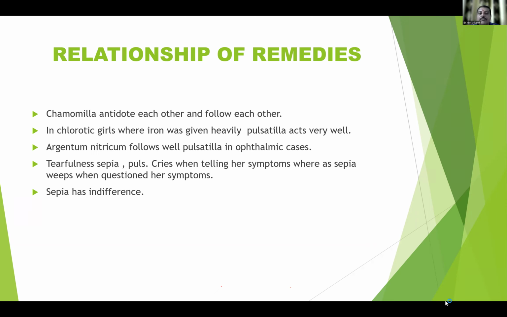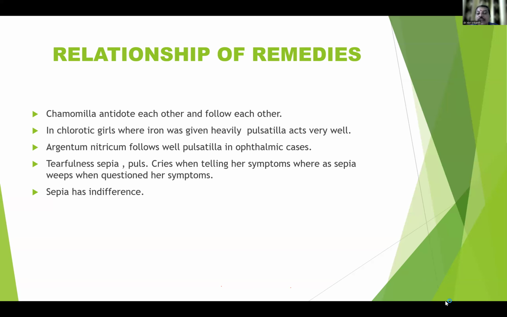Argentum nitricum follows well in ophthalmic cases. In some cases, especially of myopia, Pulsatilla initially helps very much, and it is often followed by Argentum nitricum. Tearfulness: Sepia is also tearful, as I said before, but